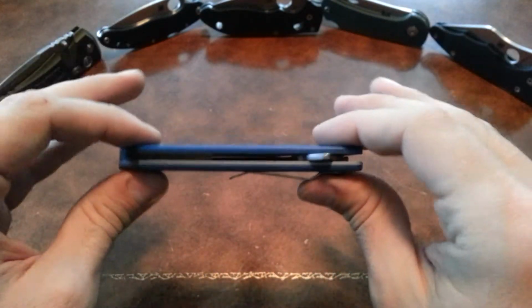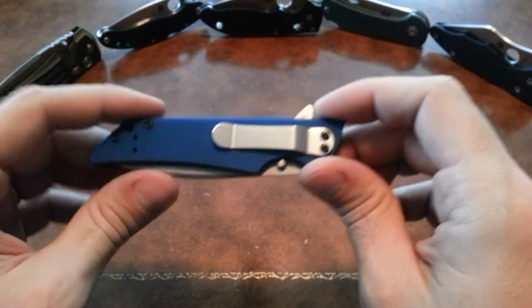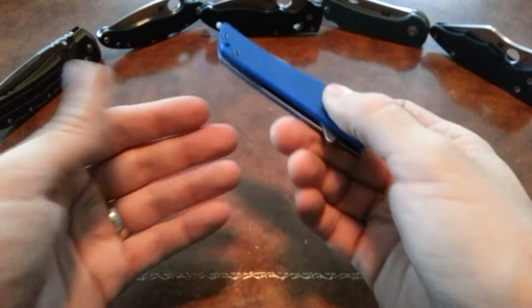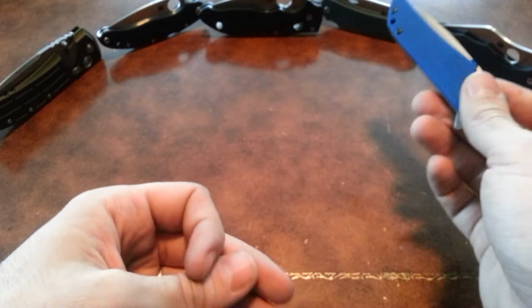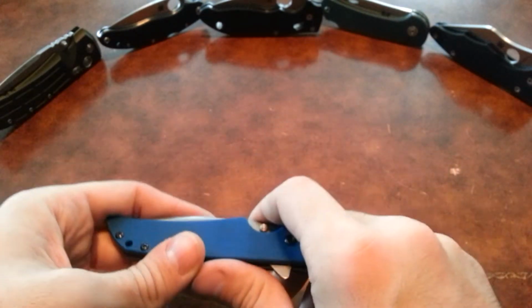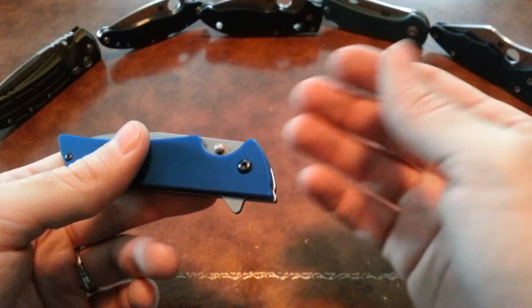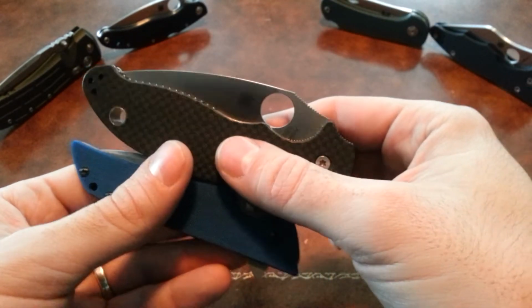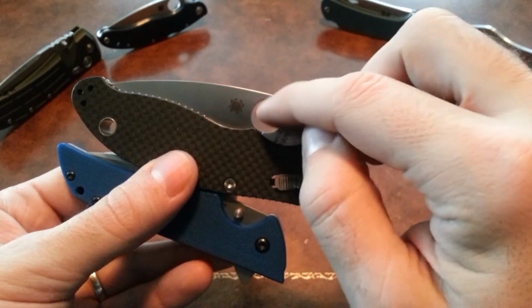I mean, there can be so much said about a properly executed EDC knife. As an example, I love Spyderco's. Don't get me wrong, I love Spyderco as a company. They have great morals. They make great designs. They branch out in different areas. They work with different designers. They're a great company. Problem is, something like a Manix 2, you know, you've got this round hole here, and